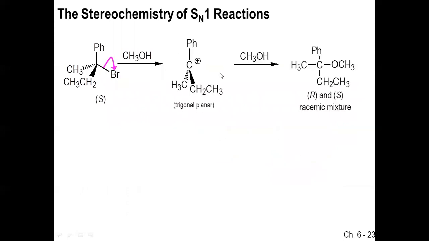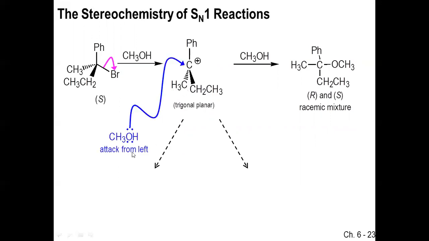The trigonal planar structure is the reaction intermediate of the SN1 reaction that will give a racemic mixture as the product. Here we are talking about the stereochemistry. The structure of the carbocation is trigonal planar. Planar stands for within one plane, like all these groups are on a single page. So the attack of the nucleophile can take place from either this side or this side.